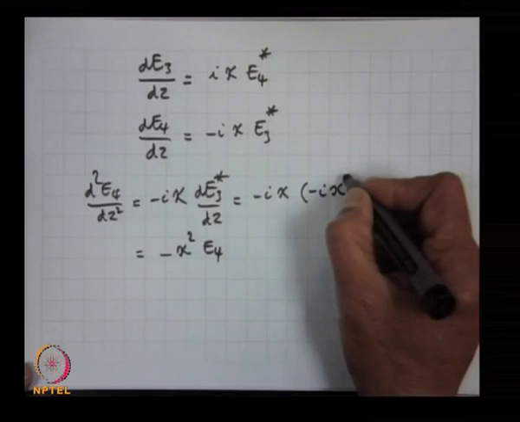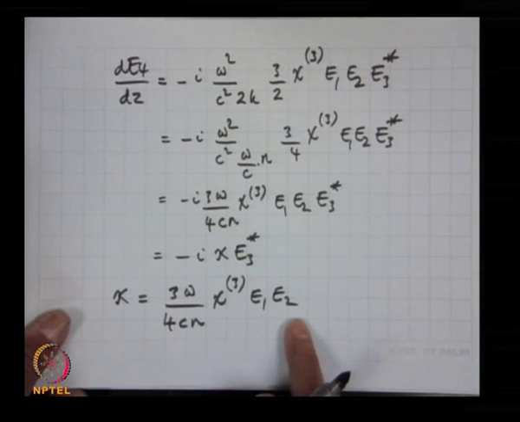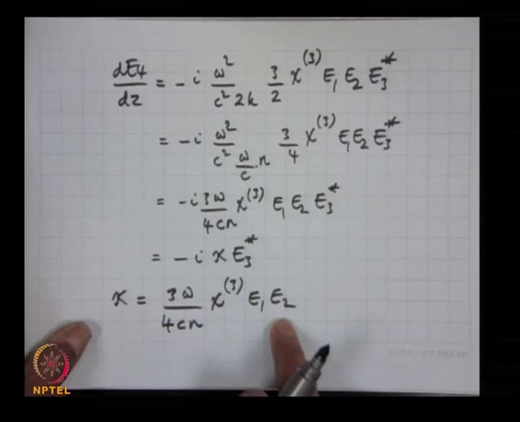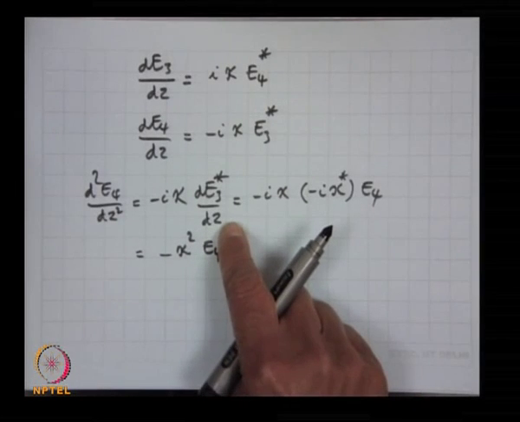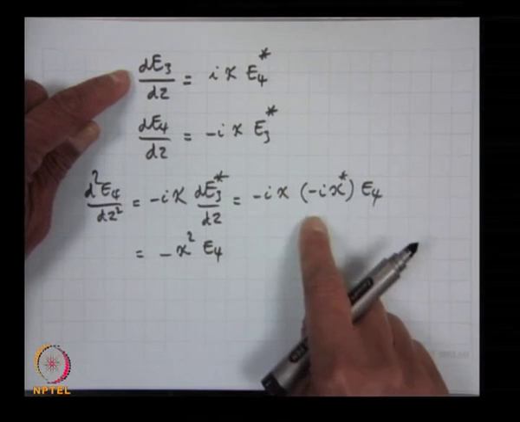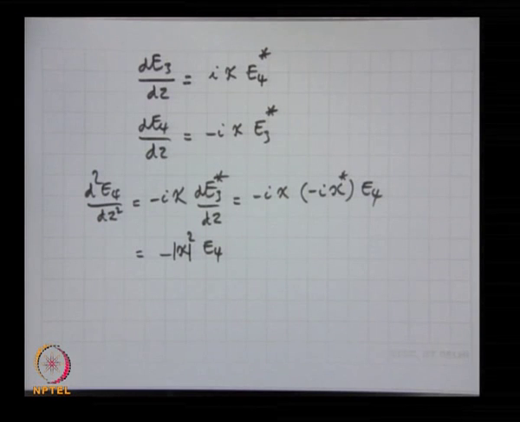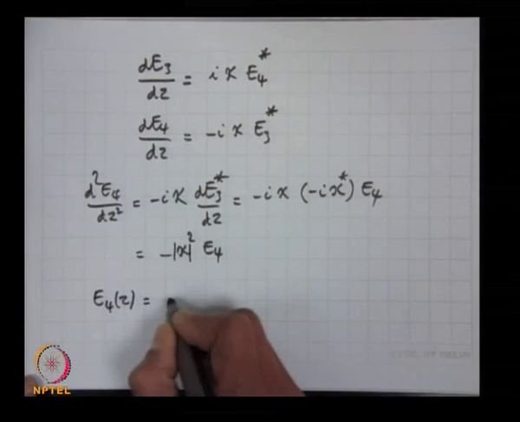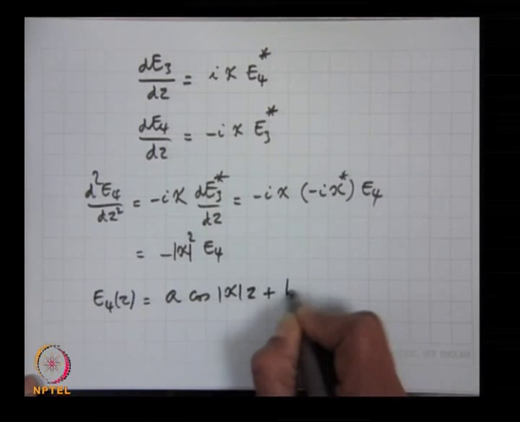Let me write this as star, because kappa contains electric fields E1 and E2, which could have some phases in them. So in general, I can assume kappa to be complex because E1 and E2 can have phase terms. So when I substitute for dE3 star by dz, I take a complex conjugate of this, which is minus i kappa star into E4. So this is mod kappa square. What is the solution? E4 of z is equal to A cos mod kappa z plus B